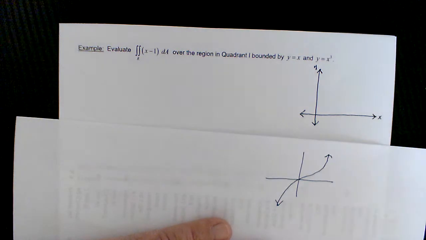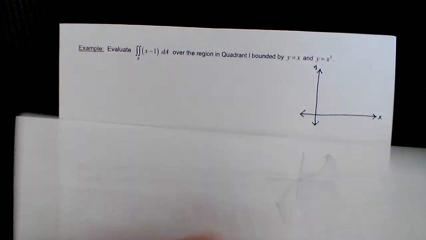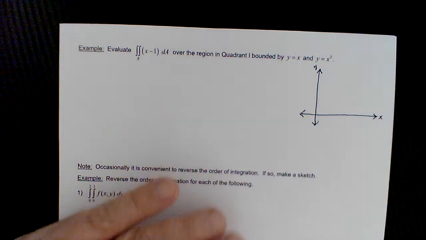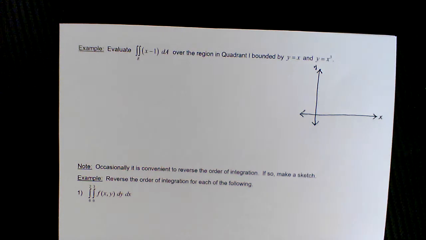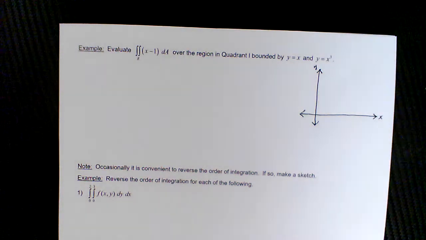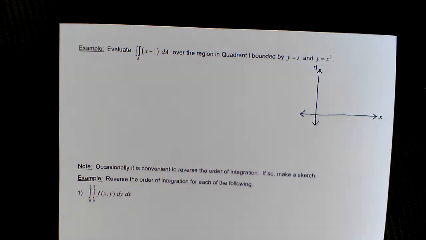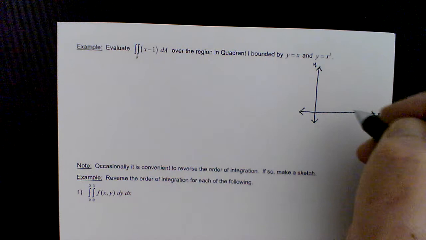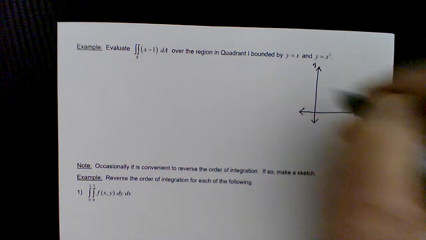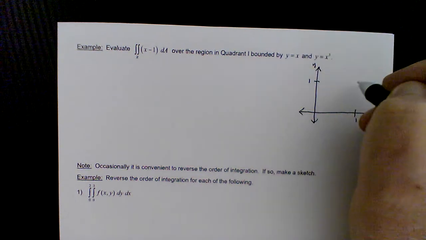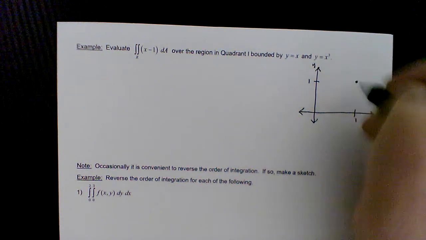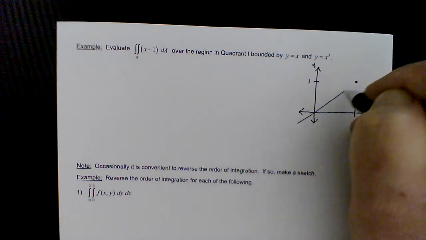So we should know about that. So we can get this one pretty easily without having to go through formally finding the points of intersection. When x is 1, y is 1,